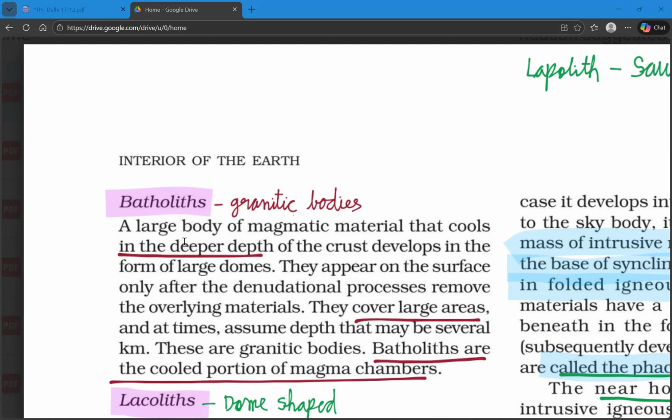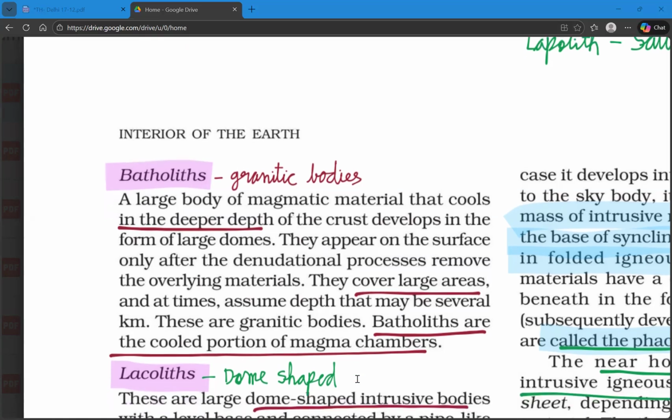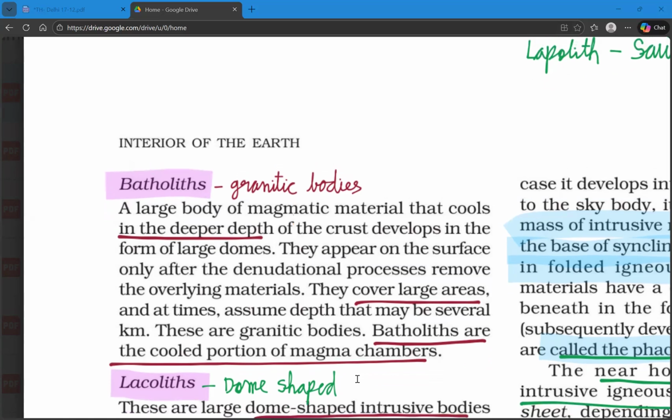They appear on the surface only after denudational processes remove the overlying materials. They cover large areas and sometimes assume depths of several kilometers. These are granitic bodies. Batholiths are cooled portions of magma chambers. The first intrusive form is the batholith, which is a large dome covering a much bigger area, and these are cooled